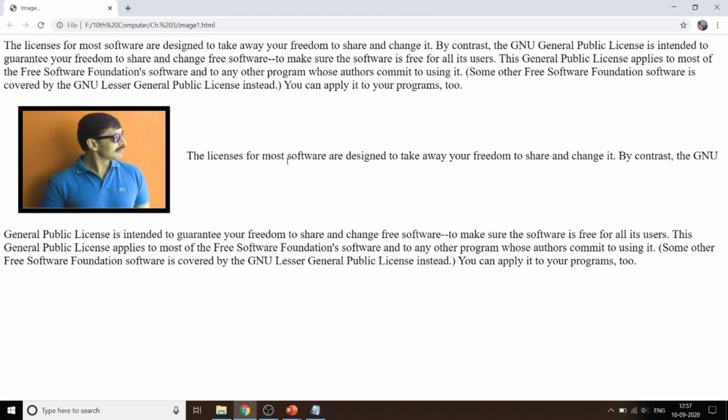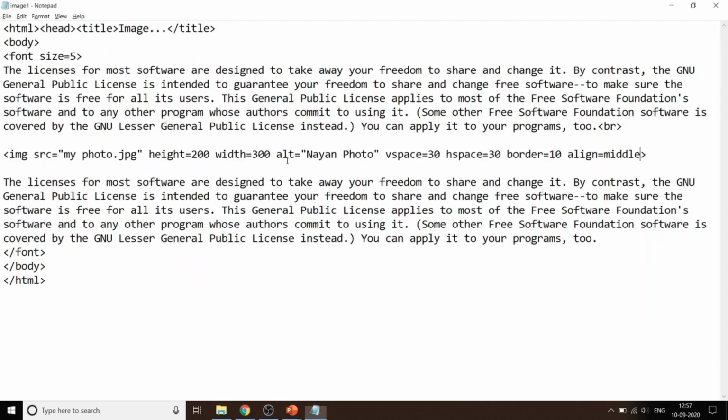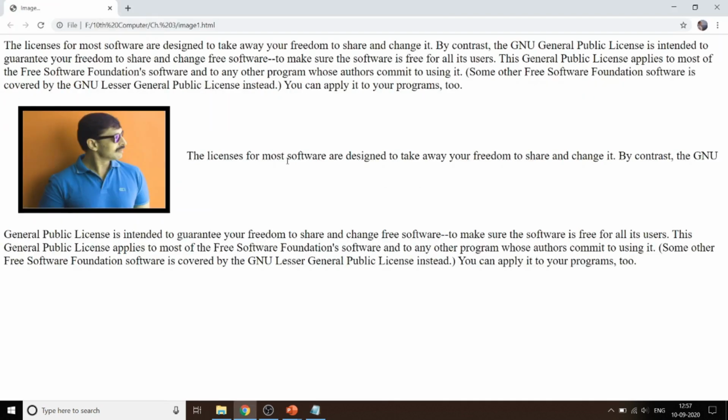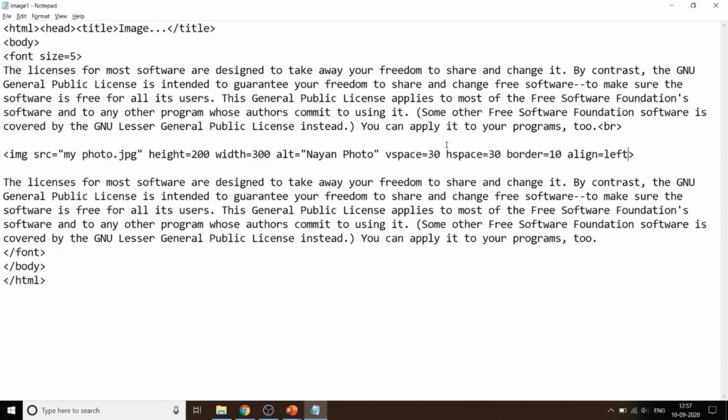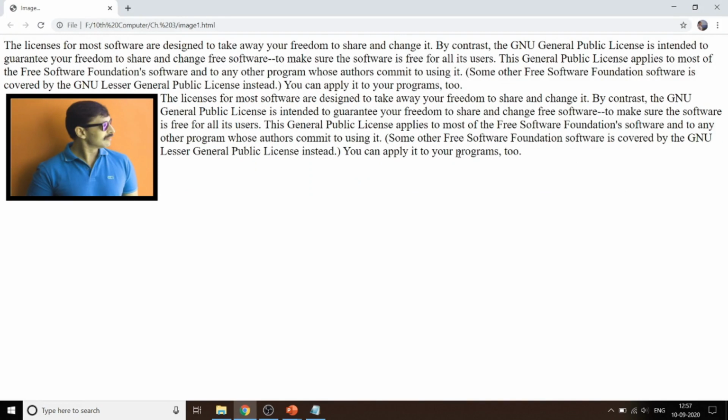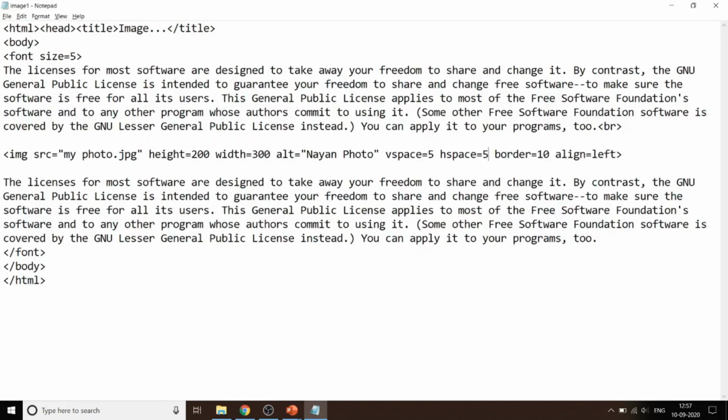So these are the different ways you can align the text, but most important is to align it on the left hand side, generally left and right. These are the alignments we see on web pages. And if you want to keep it tight, you reduce the size of H space and V space. Just make it 5 pixels instead of 30 pixels. So you can see that now the image is tightly aligned and the paragraph is wrapping exactly around the image. So that is the attributes of the image tag.